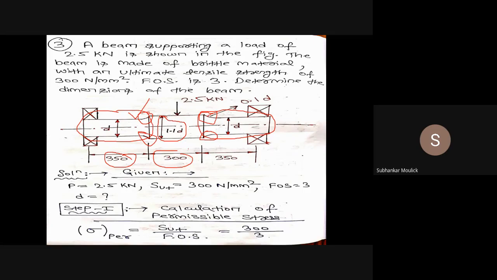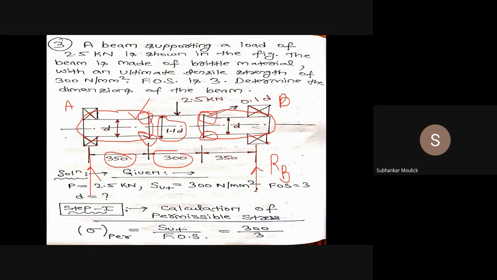So if this is a simply supported beam which is supported at both the ends, at this end there will be one reaction from the support. Assume that this end of the beam is A. Assume that this end of the beam is B. Similarly, at the other end, the support will exert some reaction, say RB, on this beam. Fine. We need to find out the value of small d.